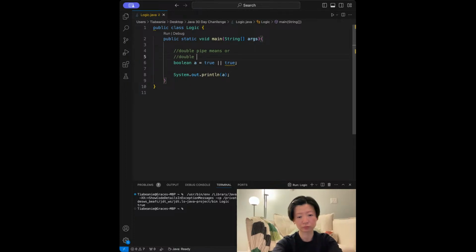Do you read this as true or true? Boolean A is the result of this. If this is true or this is true, then A will be true. So if we save and run this, we'll get true. If this is false, it'll still be true because this one is. Just one of them has to be true. It's or. So if this was or false,